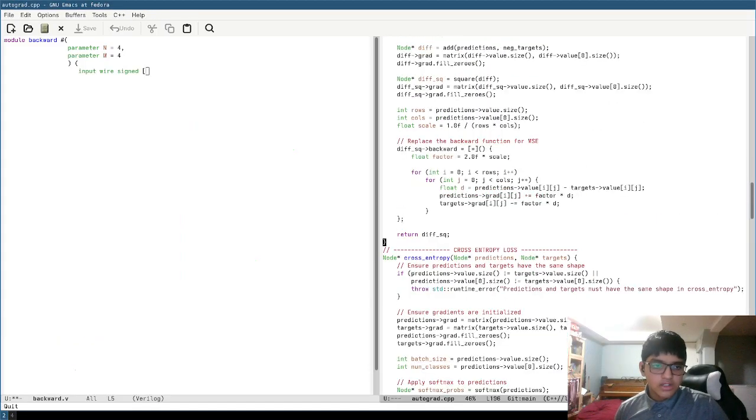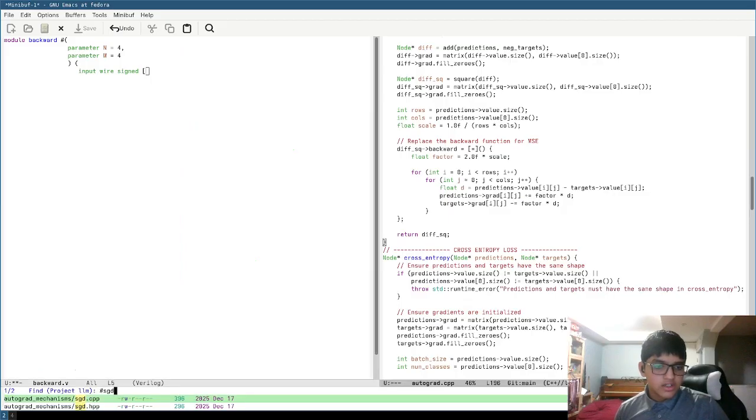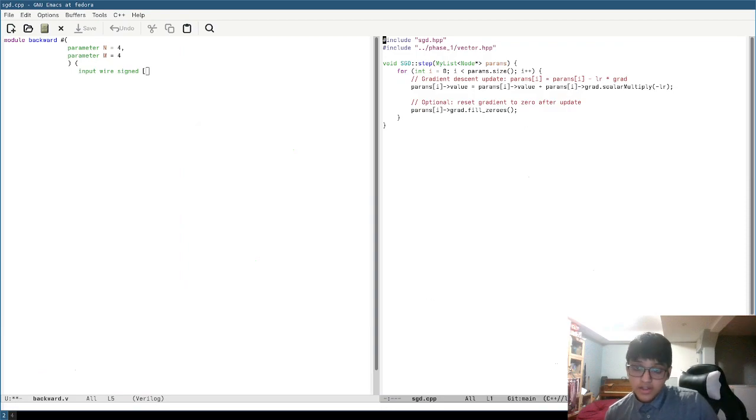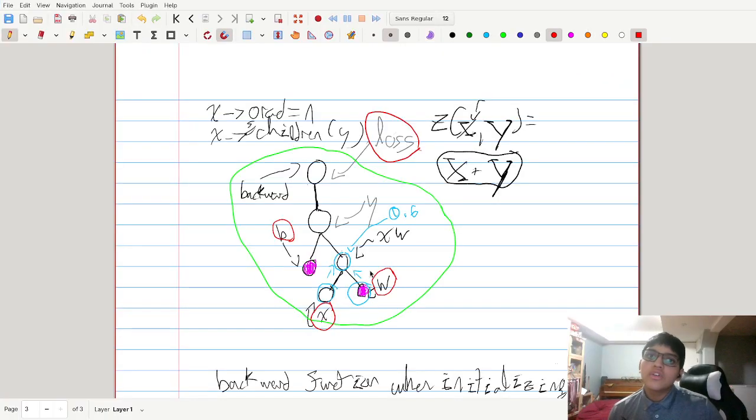Here, optimizer, SGD. Gradient descent. Parameters equals params I minus learning rate dot grad. Reset gradients to 0 after update. Okay. So we want to take these in as inputs, and we want,